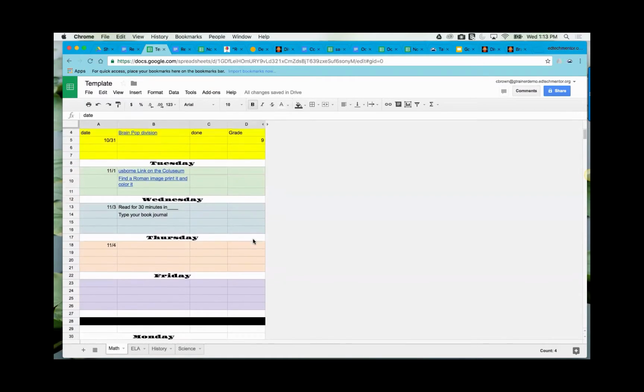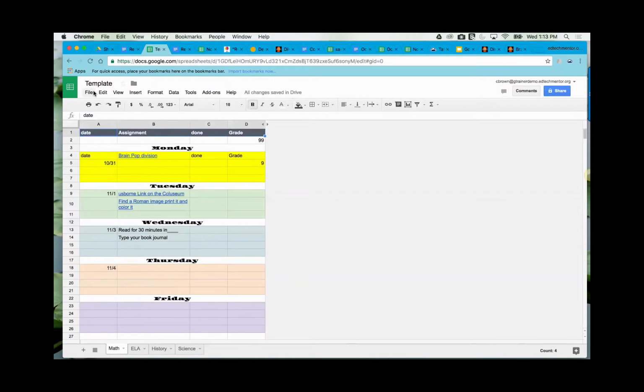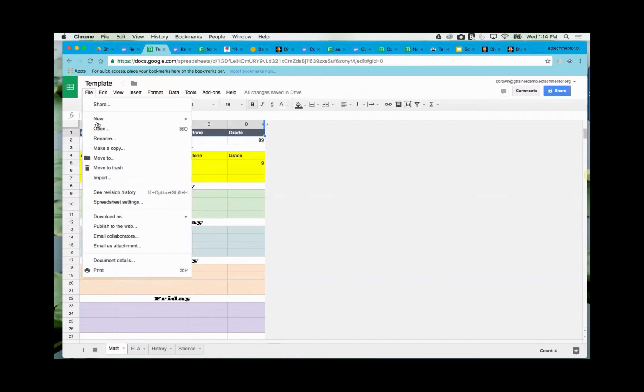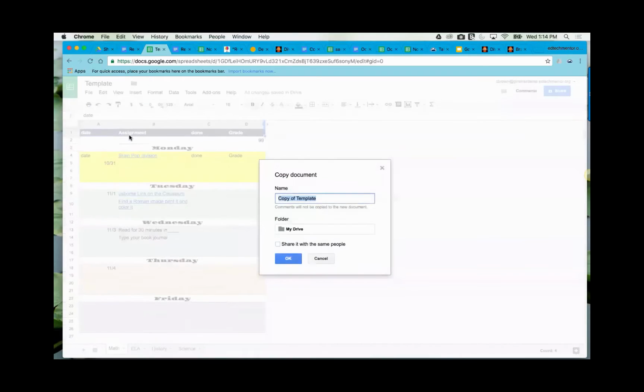Okay, so next up, you've got your template. It's all ready to go. You share, you have a family, and rather than creating individual accounts with them, you're sharing one account with them. So what I would do is first begin by making a copy for each student. So I might say, see, one of my students' names might be John. So John's